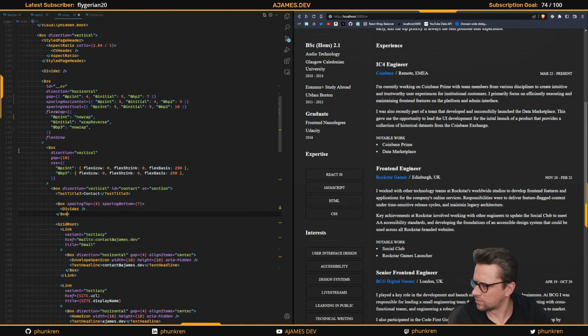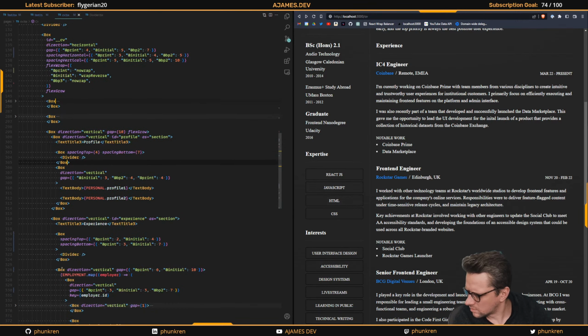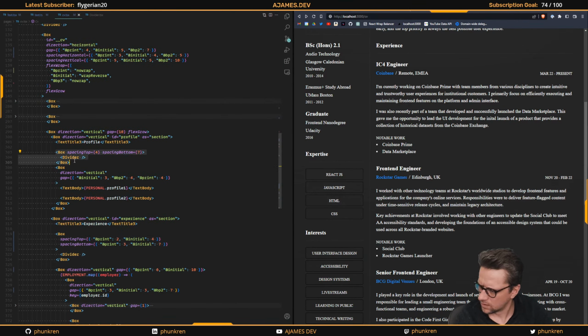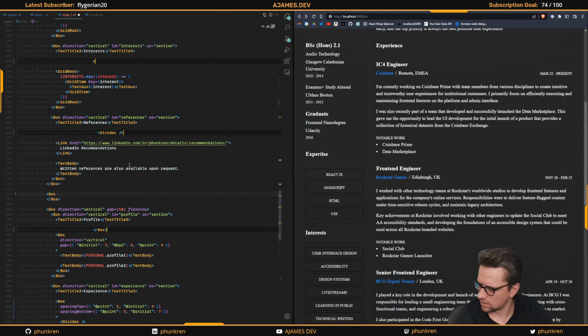I've lost myself, but this will be worth it. If I go back to where I was at the profile. There's personal. Where's the divider that I changed? Here we go. So if I copy this and I find all the other dividers in this page, and then